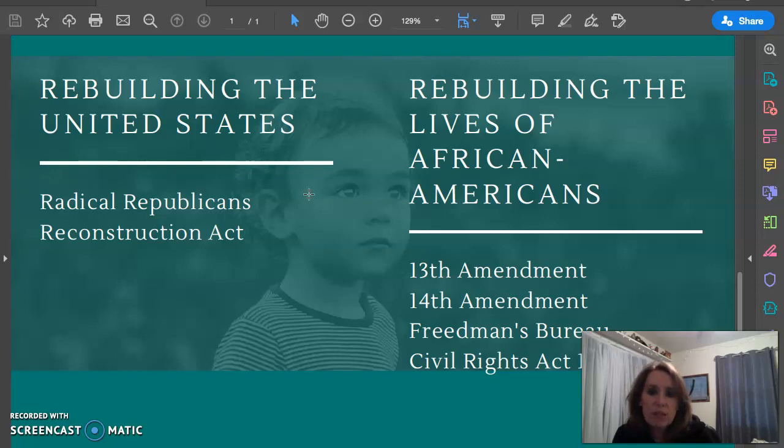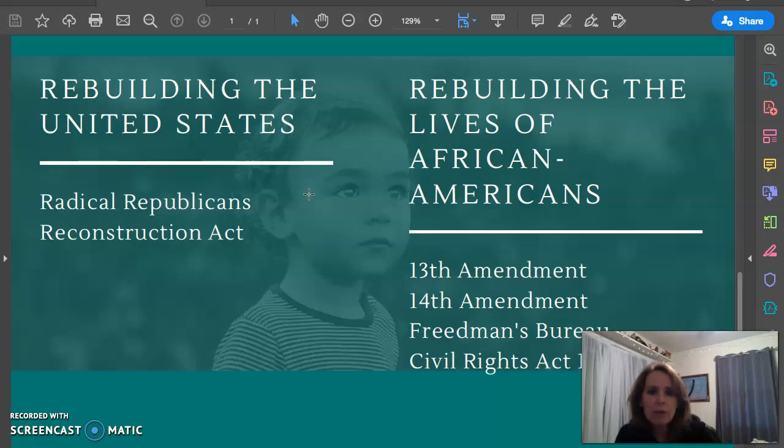President Lincoln, before his assassination, he wanted to forgive and he wanted to move forward. He didn't want to try and hold a lot of grudges. And so his plan for Reconstruction was rather forgiving. He had this plan that, if 10% of the population would swear an oath to the Constitution, we could bring those people back into the Union, we could get our nation back together, and we could move forward. However, when Lincoln was assassinated, that plan died with him.